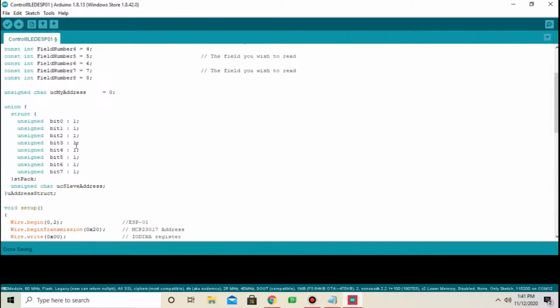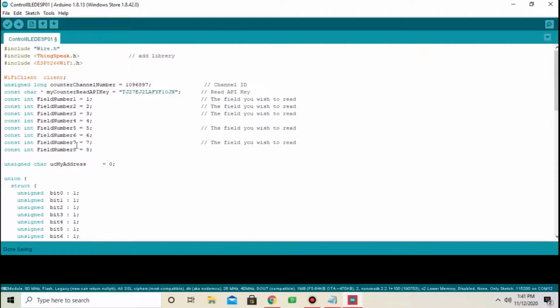You have to make a few changes before uploading the code. First, from ThingSpeak server, copy channel ID.